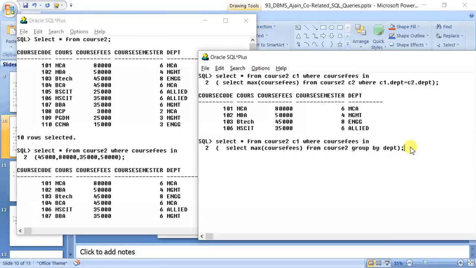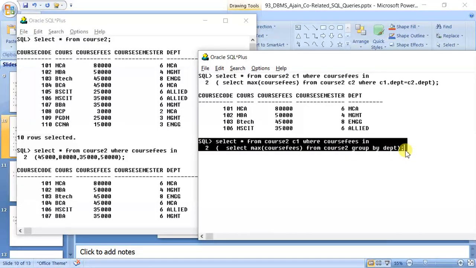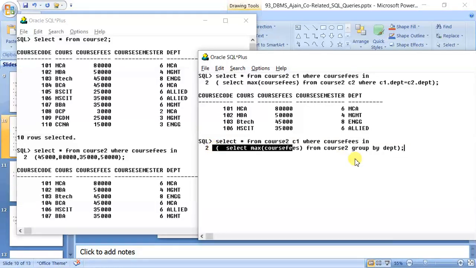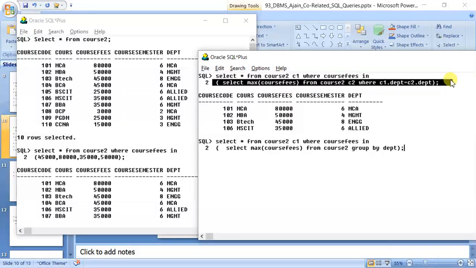Please understand the difference. I am repeating again. In this case, the subquery will be executed only once for these 10 records. But in this case, this subquery will be executed 10 times, for every record of the outer query. That is why this answer will come correctly. I hope you have understood it.